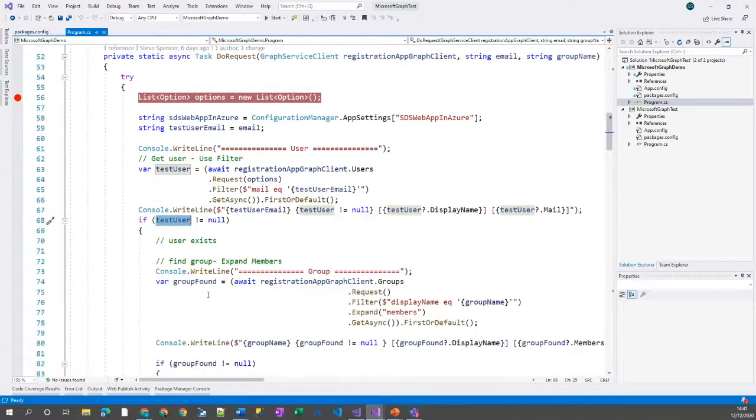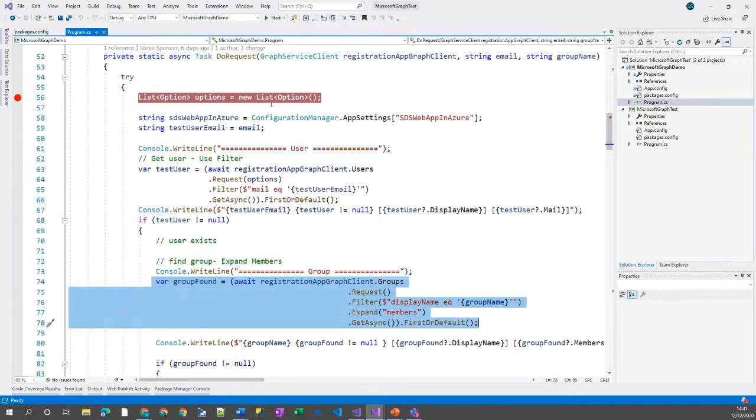So what I'm now going to do is see if that user belongs to a specific group. So I'm going to get a group. So I type the group in and enter the group name, and it's going to do a similar thing. It's going to use a different filter, so it's going to be display name equals group name, but it's also going